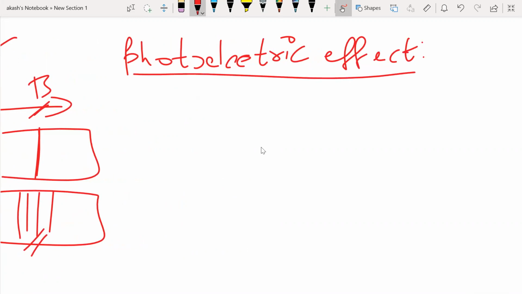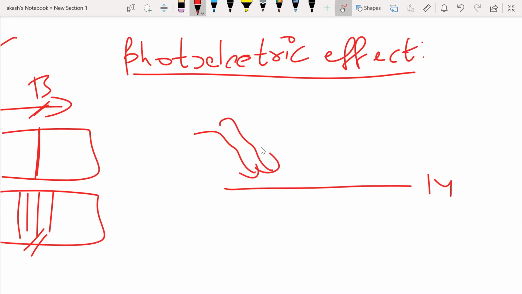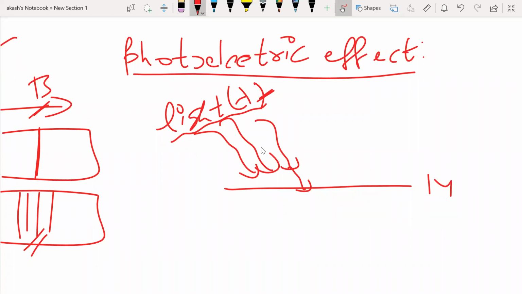If you remember what the photoelectric effect is, I'm going to have a metal surface. Now I'm going to irradiate it with light of certain wavelength or frequency. Say this is light of certain wavelength lambda. When I'm saying lambda, I'm considering the wave nature. But when this hits the metal surface, you are going to see electrons coming out, right? So this is exactly what is called the